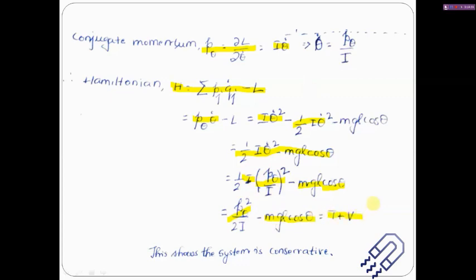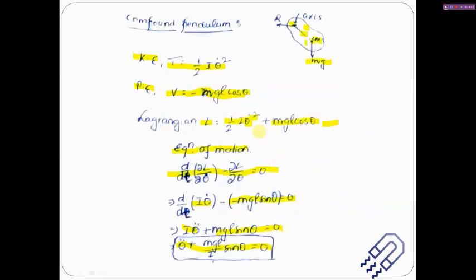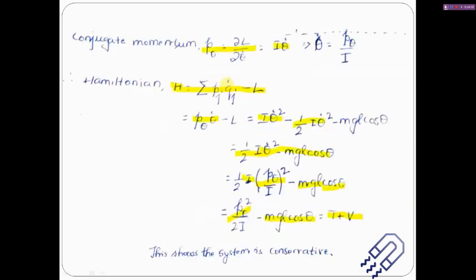Now you might ask, why is it kinetic energy plus potential energy? Well, if you look into this particular relation, this is half I theta dot square plus mgl cos theta. So if I want to write it down in terms of the Hamiltonian, it might be this plus this. If you take the kinetic energy plus the potential energy, you should get this relation, so this is nothing but the Hamiltonian. Here also it's actually the same: half I theta dot square plus minus mgl cos theta. So this is nothing but kinetic energy plus potential energy. I'm just writing it down in terms of p theta, but the original relation is more or less this.